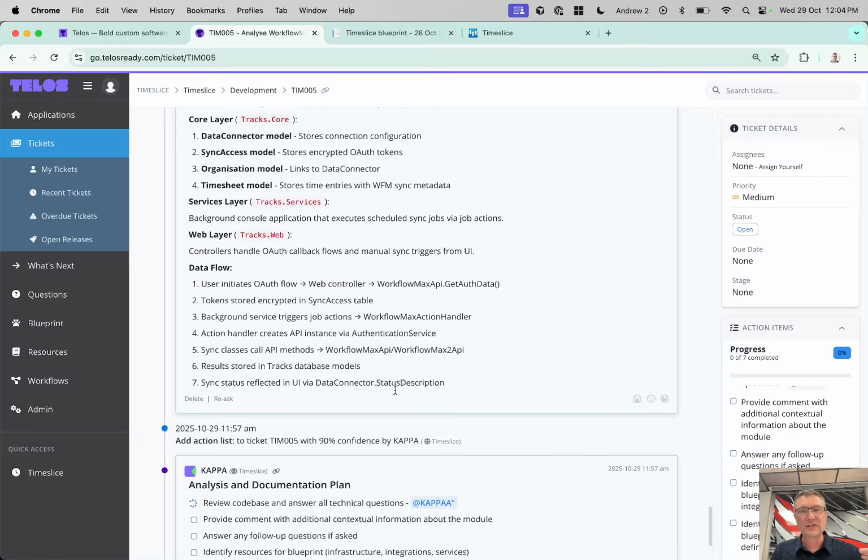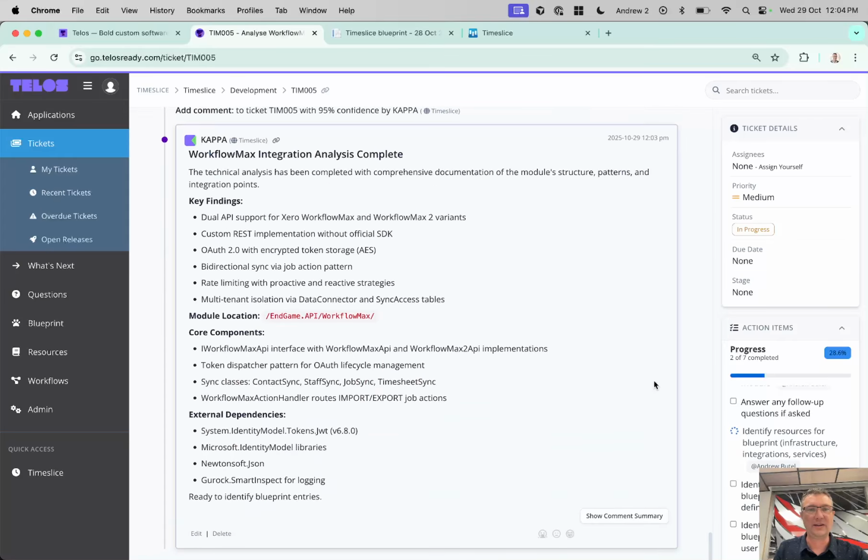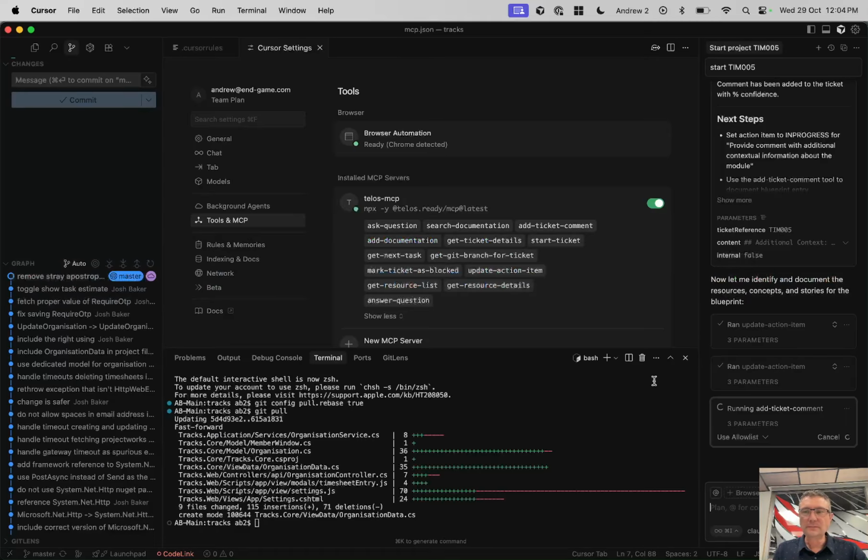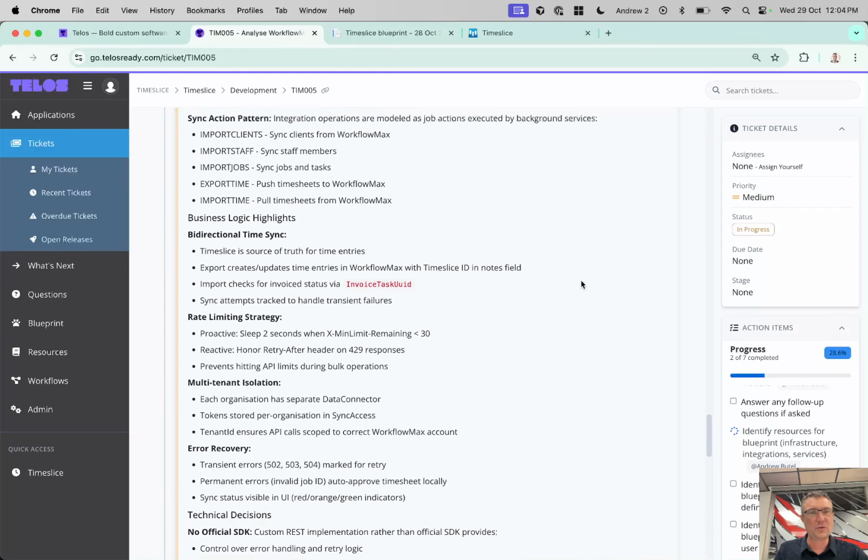So we rely on the processing of the blueprint. Here's additional information. No, that's the next steps, but additional information is going to be key findings. Okay, so I added that comment. It's also, you can see here, updating action items. So there is a plan,